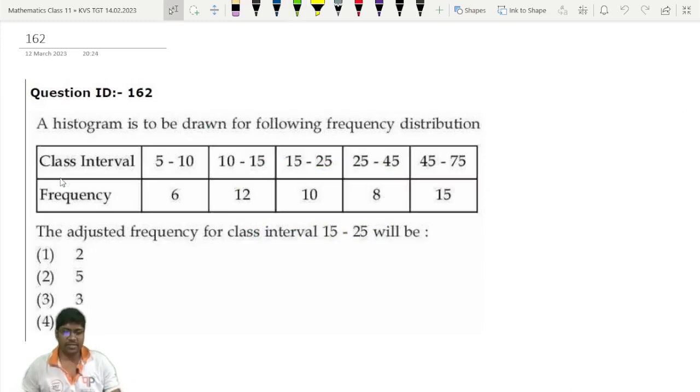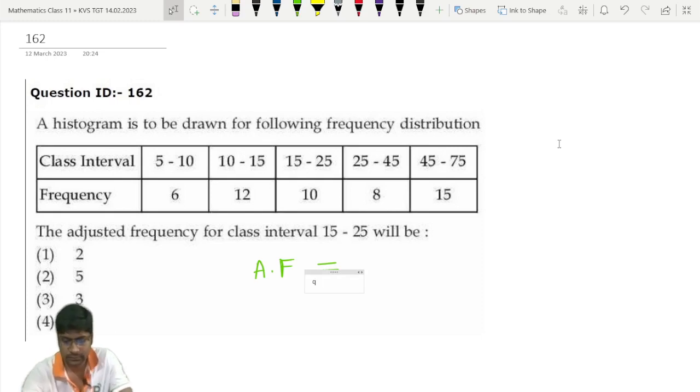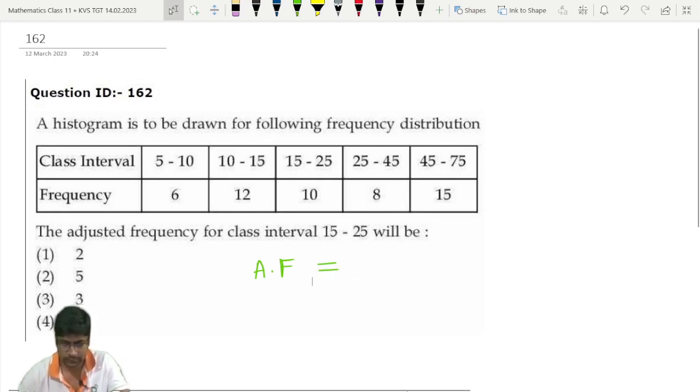A histogram is to be drawn for the following frequency distribution. The adjusted frequency for class interval 15 to 25 is what? So for adjusted frequency, we have a formula. Adjusted frequency AF will be equal to